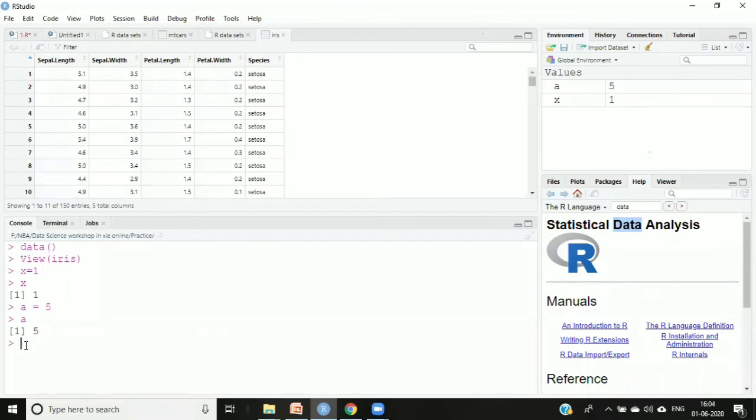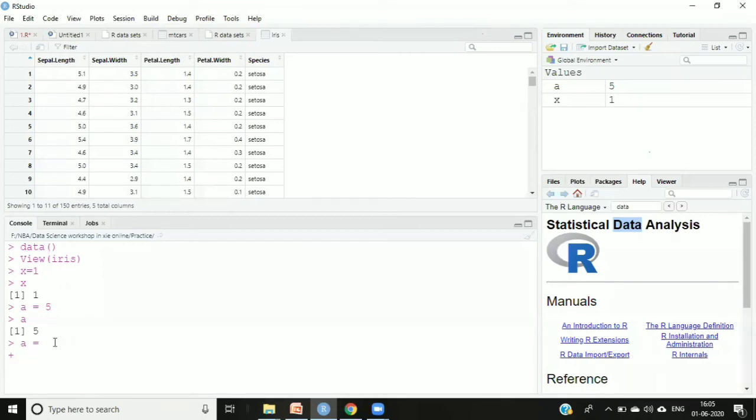One more thing. Those people who are typing on a mobile phone, it's a little bit difficult to type on the mobile phone. What you need to be careful about when assigning a value, for example a equal to 5, is that after that you put one space, and then you say enter. Otherwise, on the mobile phone, many times if the cursor is right after that number and you say enter, it will delete that number, and you'll get this plus sign.